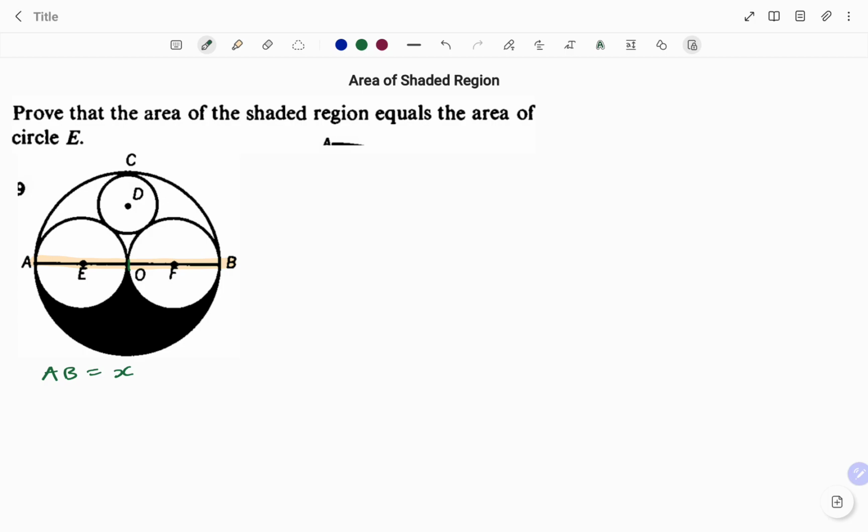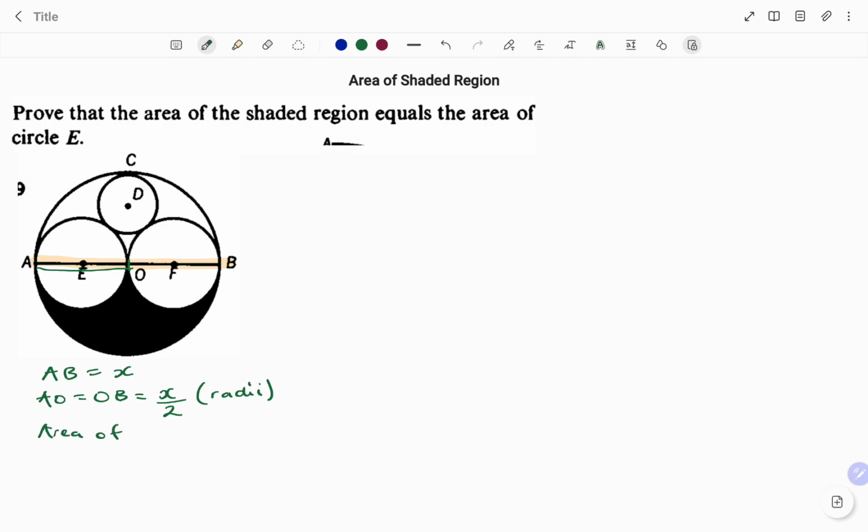So we have AO is equal to OB, which is equal to x over 2. The reason being the radii of the circle. If you look at circle E as shown, if AO is x over 2, then half of that will be the radius, because AO will be the diameter of circle E. So therefore, we have